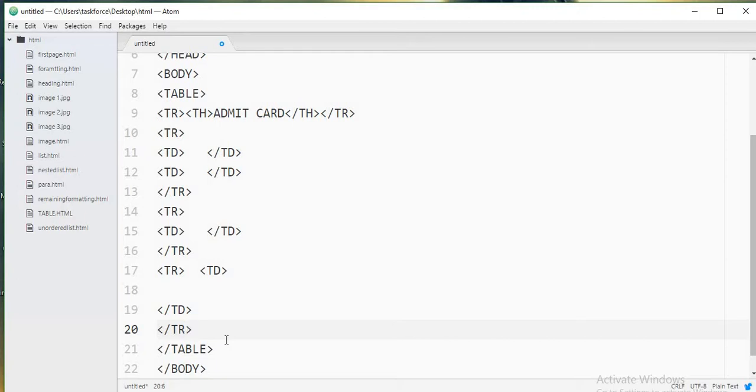So this is my layout. I wrote admit card in my first row. You know why I use th. And in the others I'm going to use